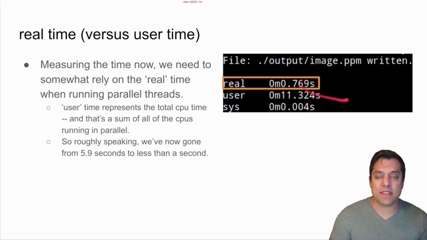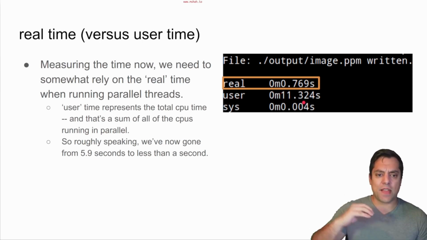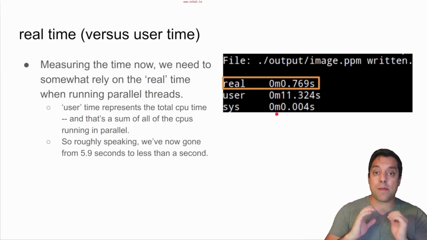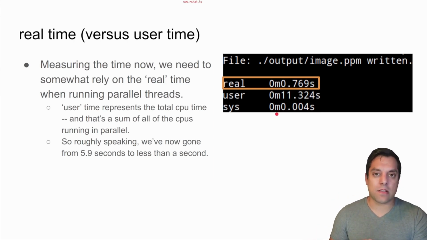So 769 seconds here, 0.769, or 769 milliseconds. And you'll notice that the user time here is still around 11 seconds or so, so that's actually gone up. But now we really care about the real time. That's how much time, if you look at a clock, sometimes known as clock time, or the wall clock, is